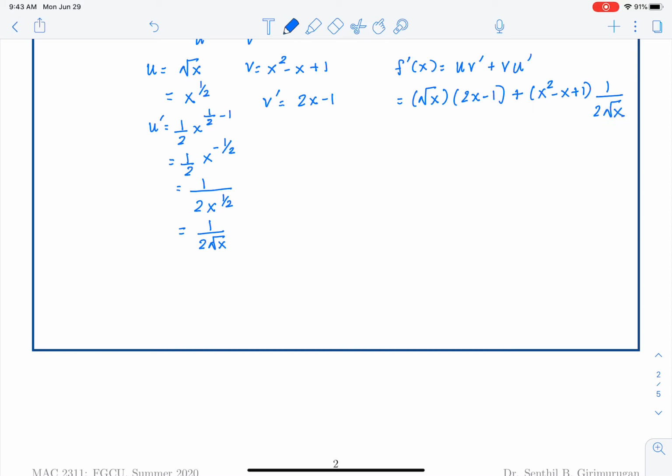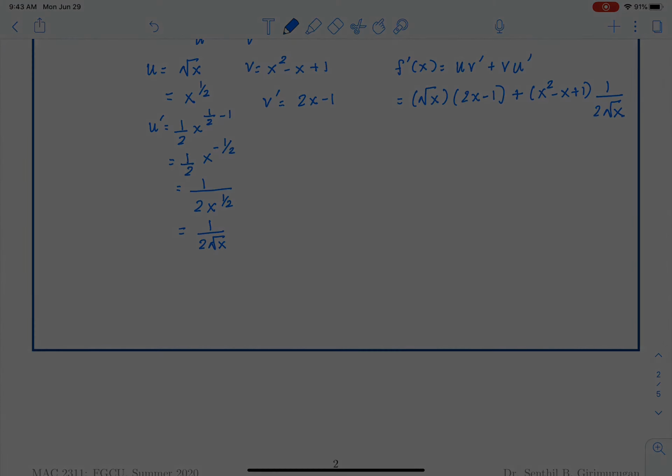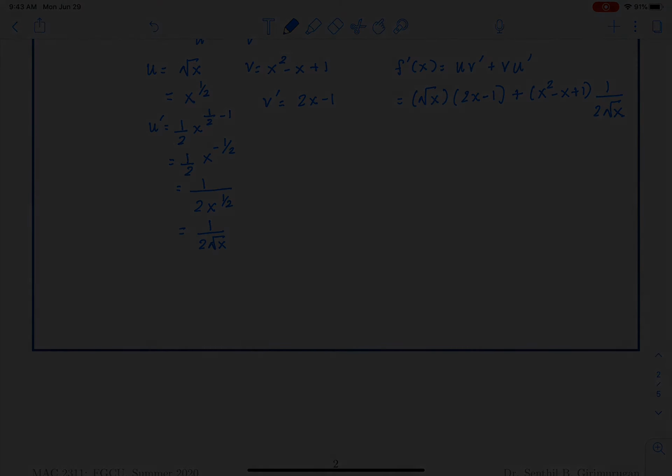Again, it's not necessary to simplify it further in this problem unless you believe that simplification is going to get rid of some terms and simplify it further more than what it is right now. It is best to leave it